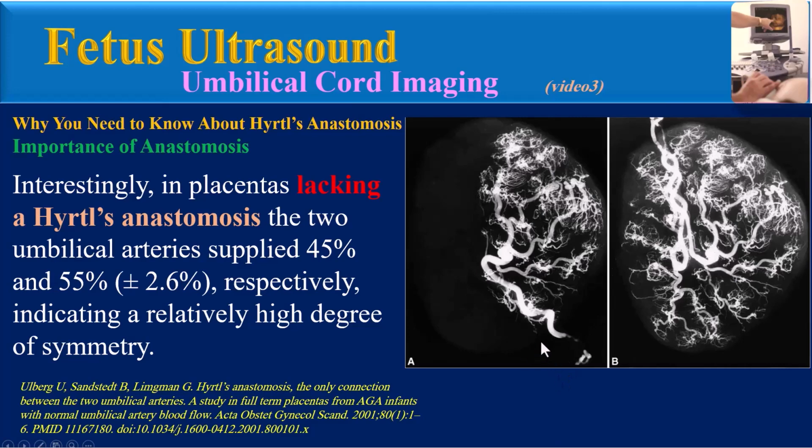Contrast through one umbilical artery does not fill the supply area of the other one. Subsequent filling through the other umbilical artery shows that the two umbilical arteries have nearly perfectly symmetric supply areas, about 47 and 53% respectively. Note that there is no anastomosis and the umbilical cord is in different positions in images A